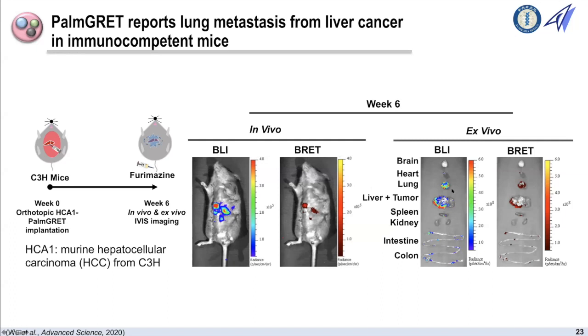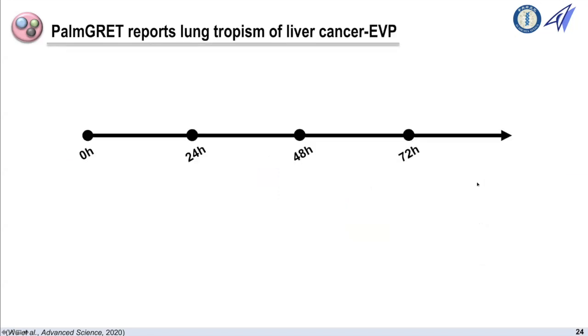And since this tumor HCA1 has been reported to have spontaneous lung metastasis, that's why it's an ideal model to study metastasis in cancer biology. And here our reporter can also show the spontaneous metastasis signal to the lung. So after this, since the tumor cell shows this trait, we wondered